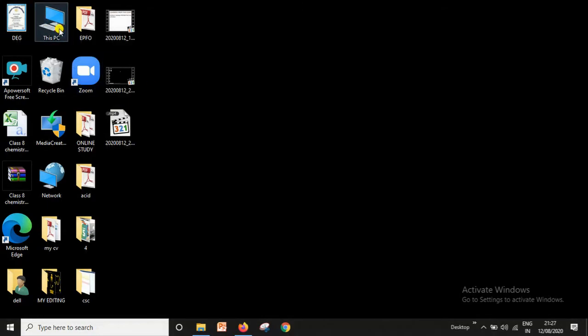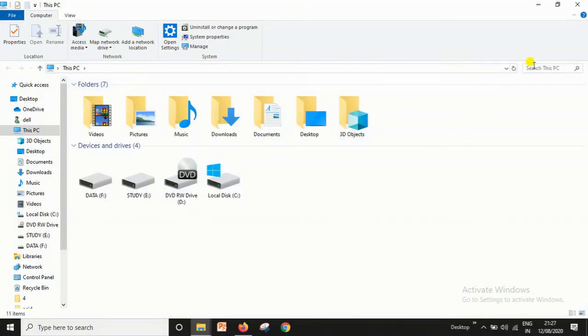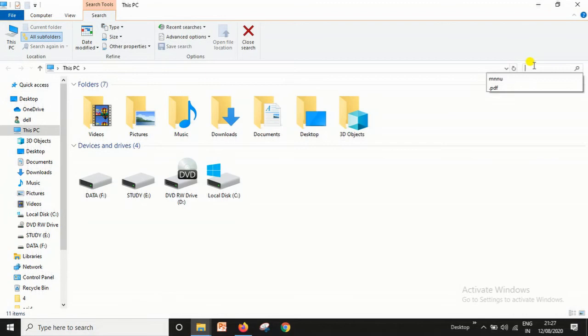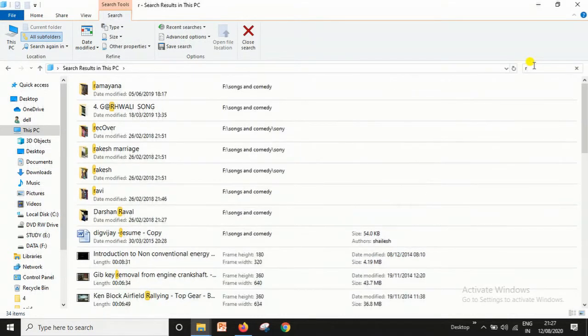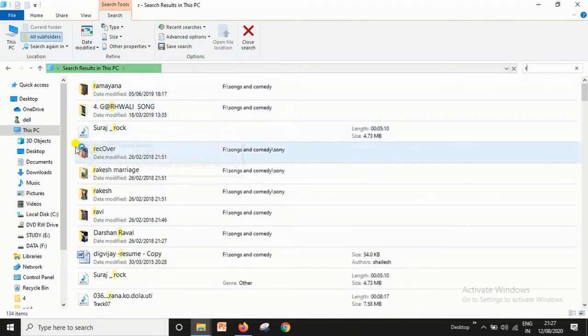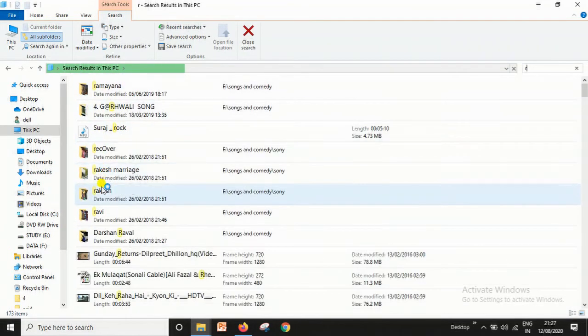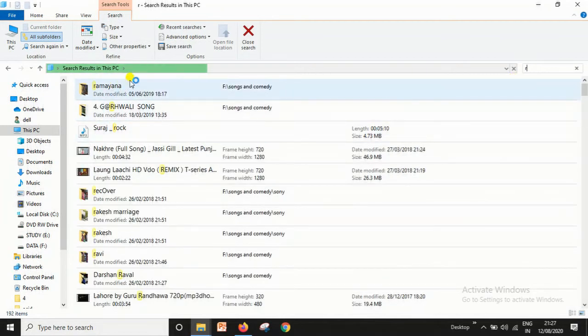Like if I want to search a file whose name starts with R, I just write R. So the files starting with R are all mentioned in this field. All files containing the letter R are mentioned here.